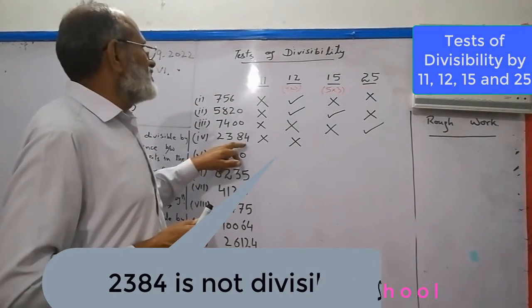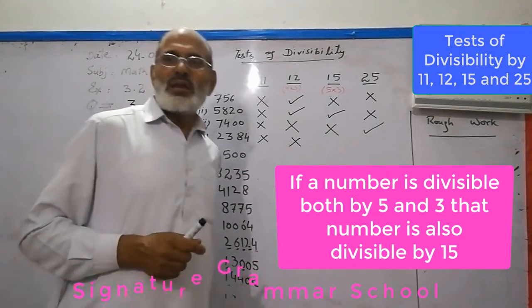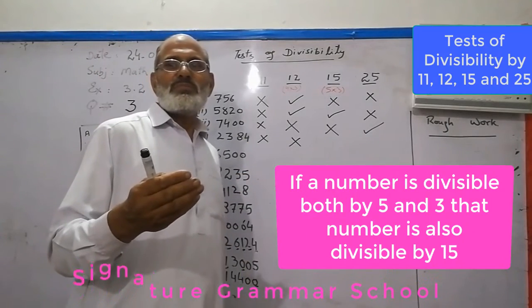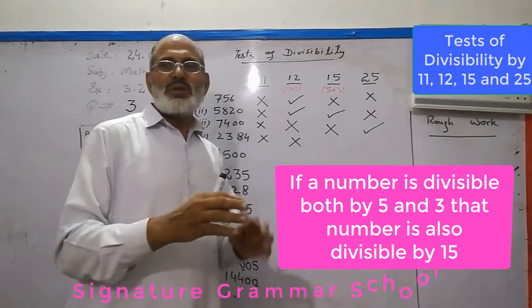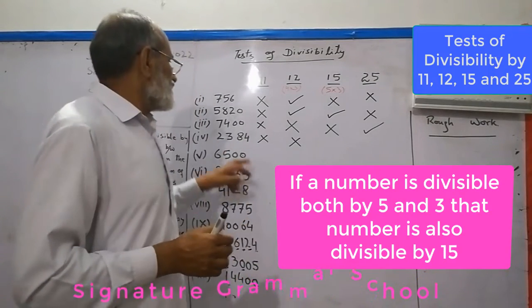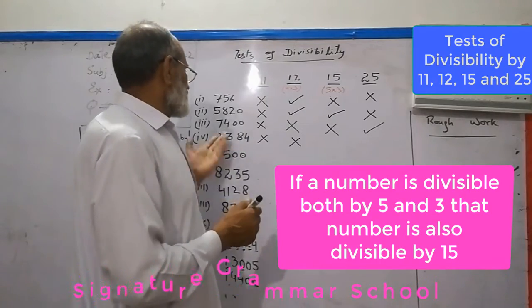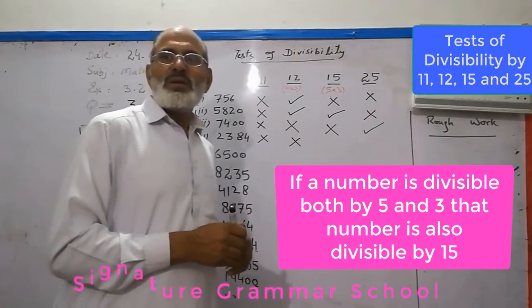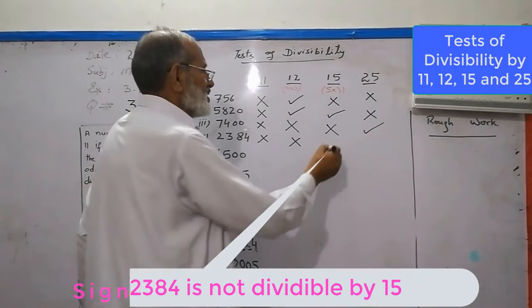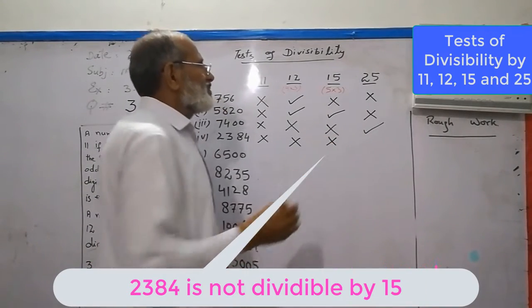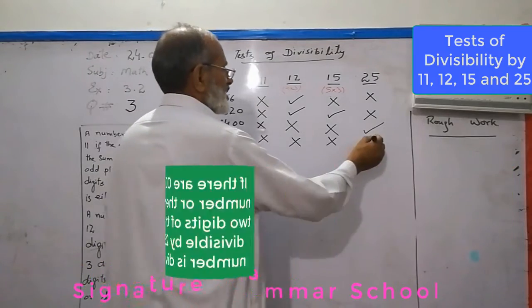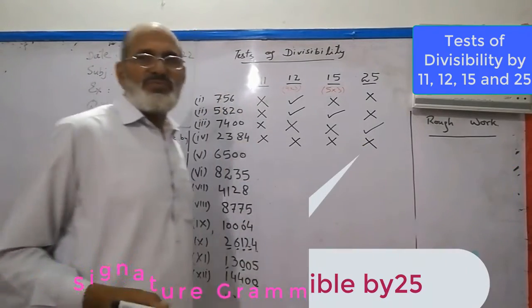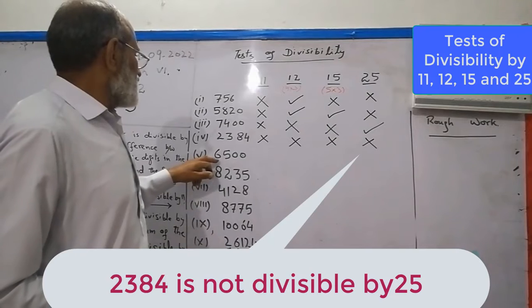And for 15, here it's 4, and whenever there is a value other than 5 or 0 at the unit place, that value is not divisible by 5. So the first condition is not met, whereas the second condition is again not met. Hence, this value is not divisible by 15, and 84 can't be divided by 25. Coming to the fifth one,